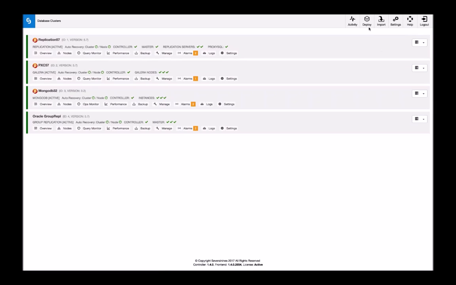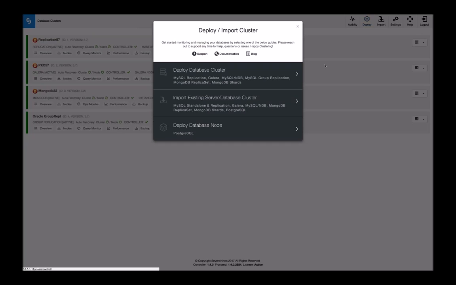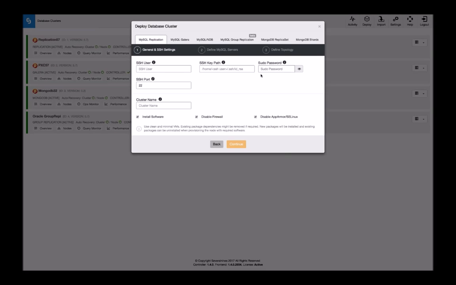So let's start then with MongoDB here. What we first look at is how you can deploy and the different deployment options for MongoDB. The first option you have is to deploy it as a replica set, and it's also possible to create sharded setups. If you want to create a replica set, what you have to do is to define the SSH user, which is allowed to connect to the different servers that will be part of the